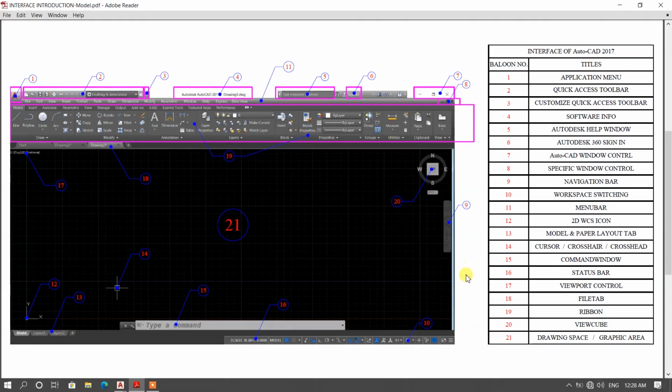So you can study or you can remember the numbers and the titles with the help of this PDF file. You can capture the photo of this PDF, you can take a screenshot of this PDF, or you can download this PDF with the help of the link given in the description box.